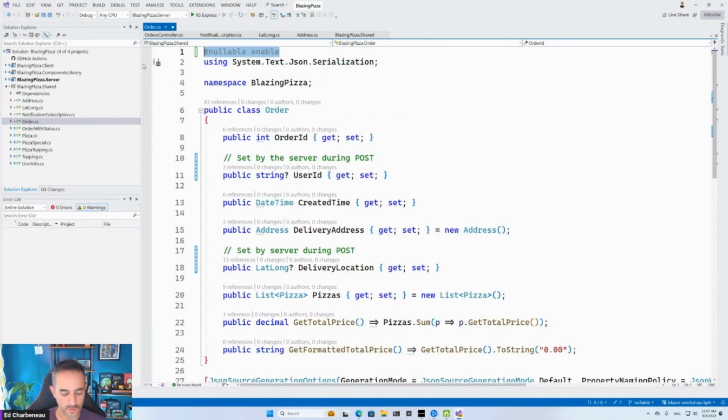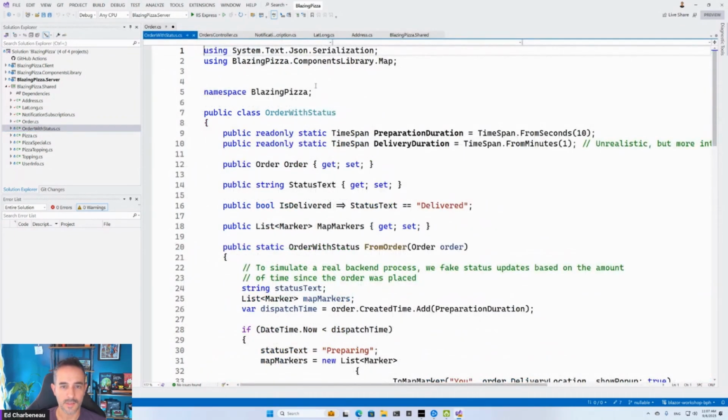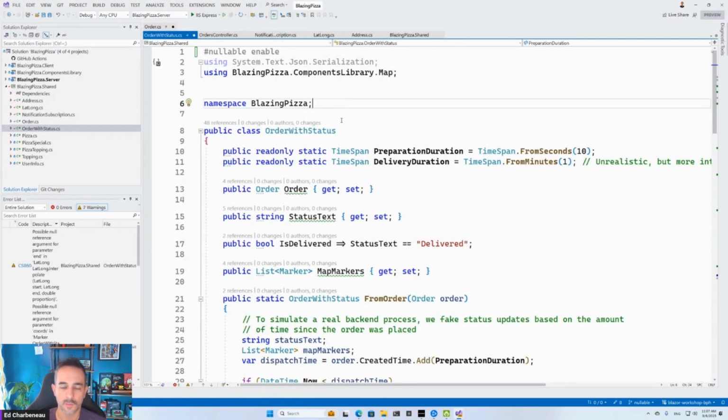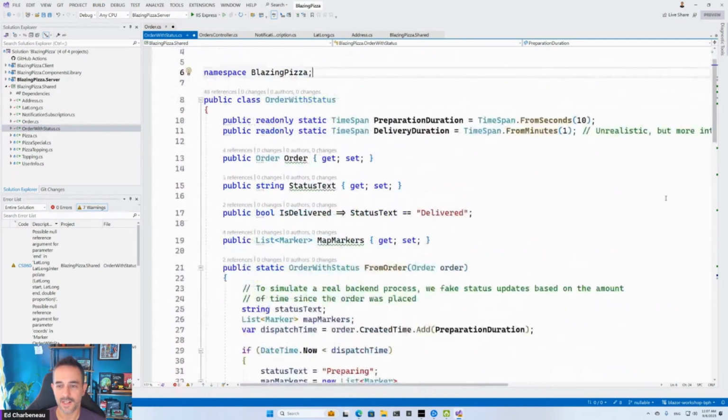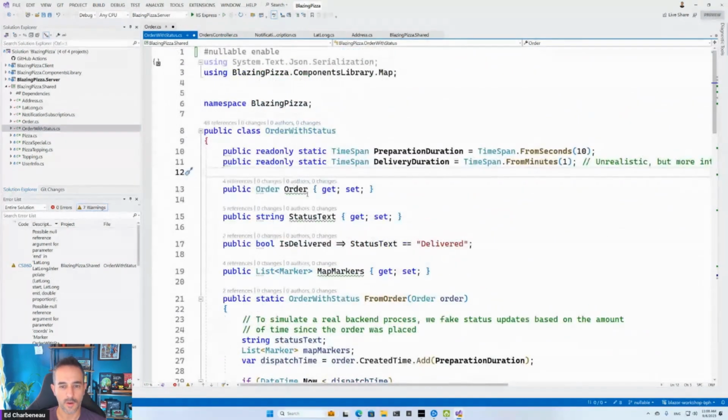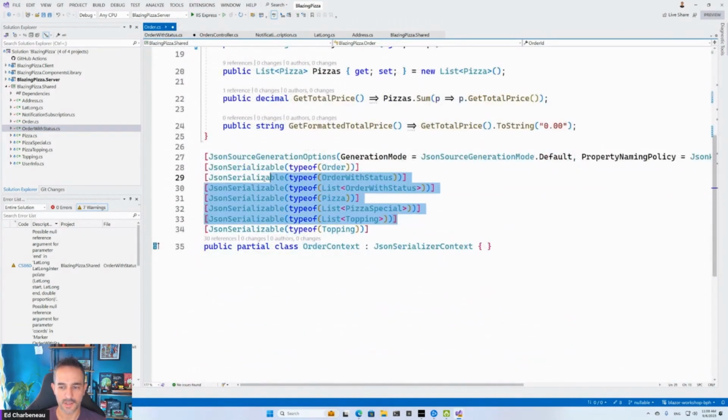All right, so next we need to go to order with status. Drop that one down and bring in nullable here. And this one's got a lot going on. And I think there's some code changes in this one too. We'll have to go in and tackle. So this is another one where it's actually called out by order. So if we click back into order, we were just in that file, and it has this source generator